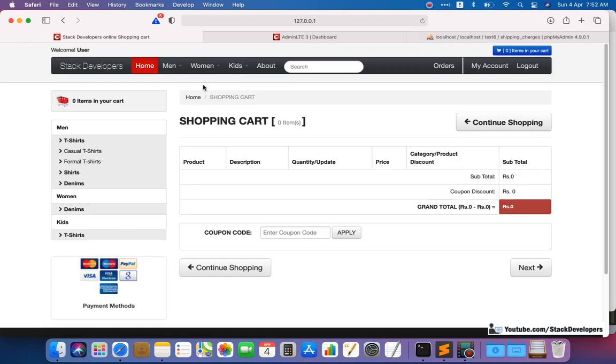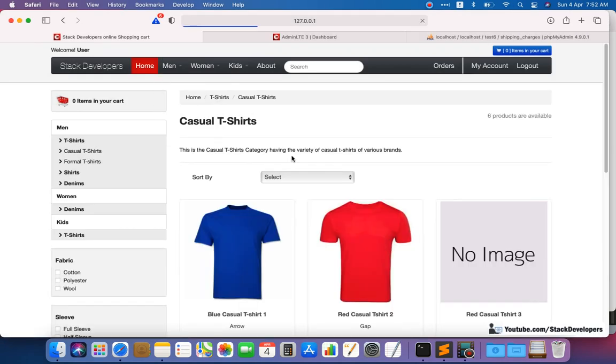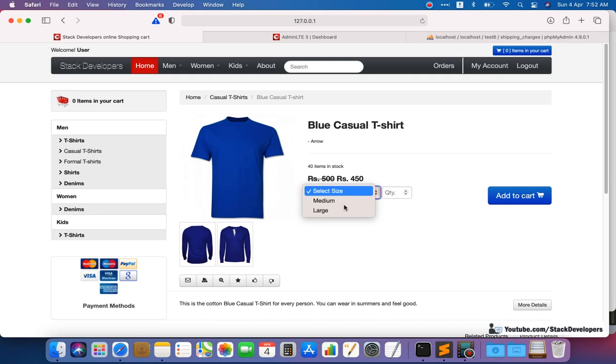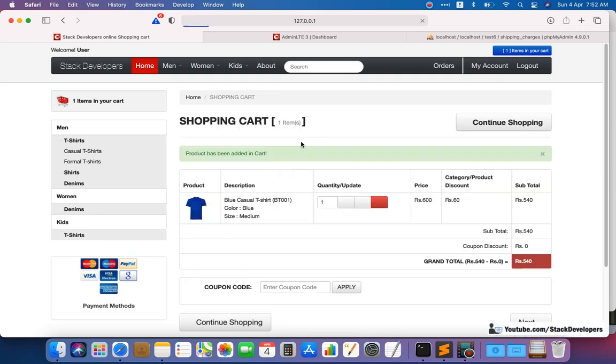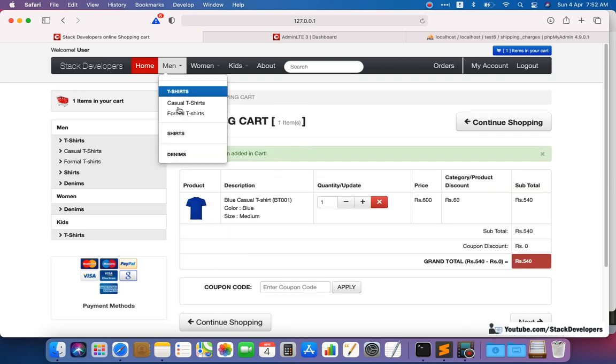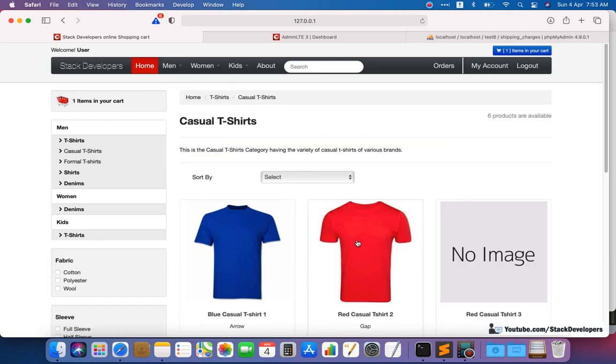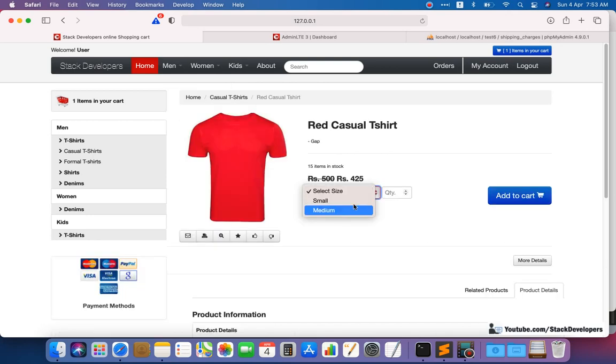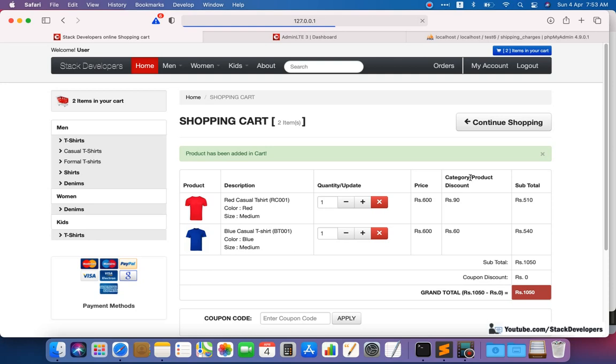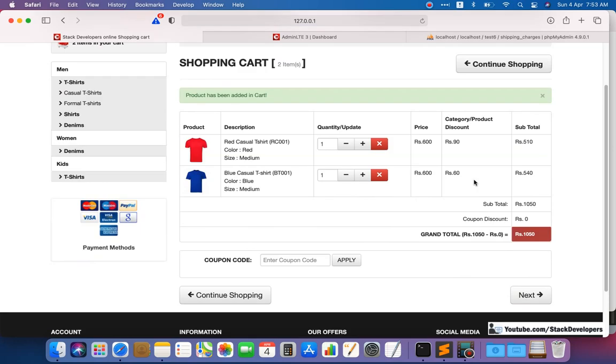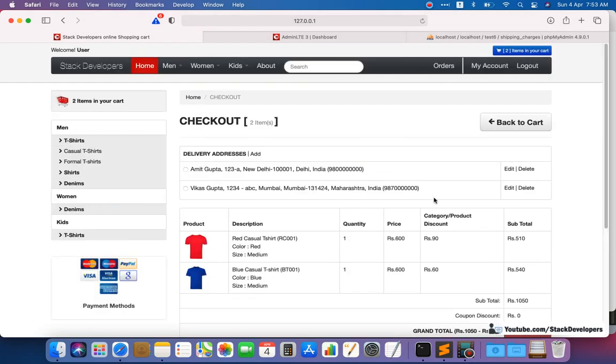Here we can add any of the products. We will add 2 products here, and one more we are going to add. Okay, so we have 2 products in the cart. Now we will move further.